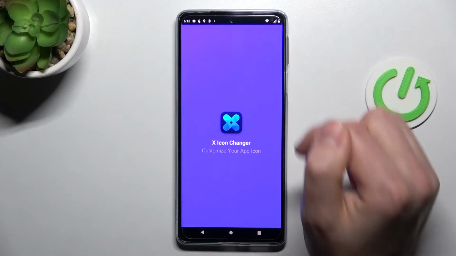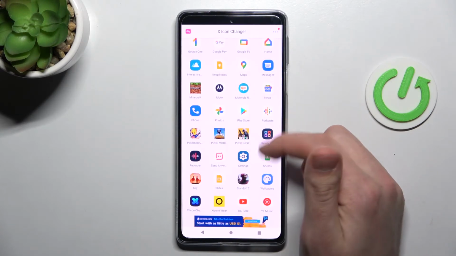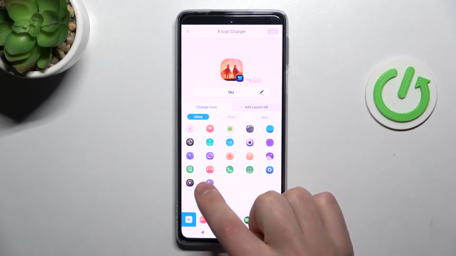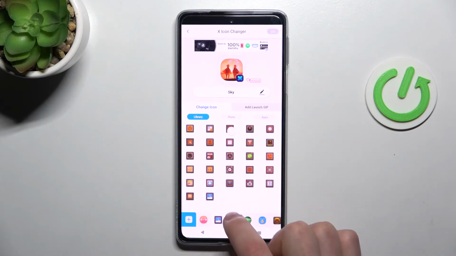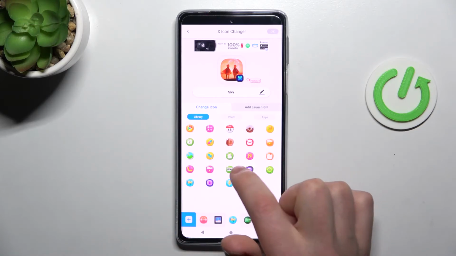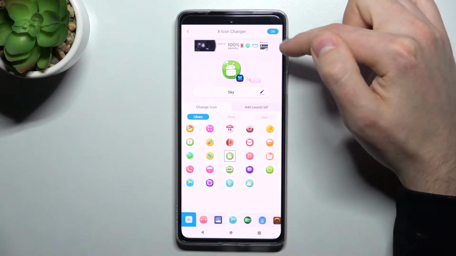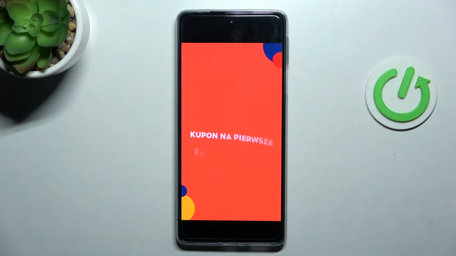Now close ads, and from the list choose your application, maybe Sky, this one. Okay, so choose your application, and now from the library choose your new icon, maybe Android, that will be nice. Then in the top right corner we've got an OK button, press it and wait a second